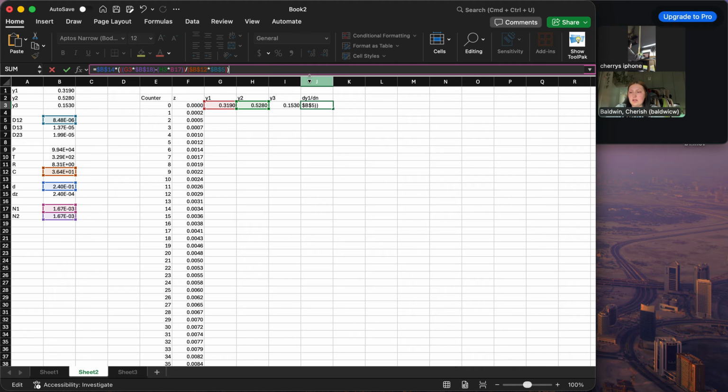Alright, and then this is plus negative y3 times n1 divided by the concentration